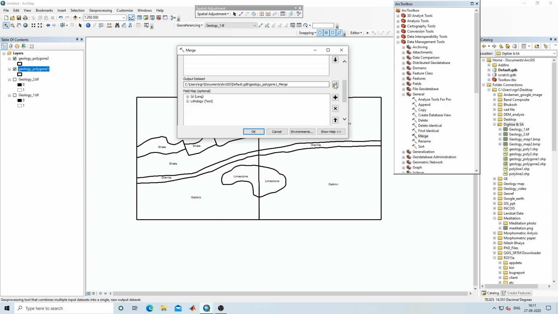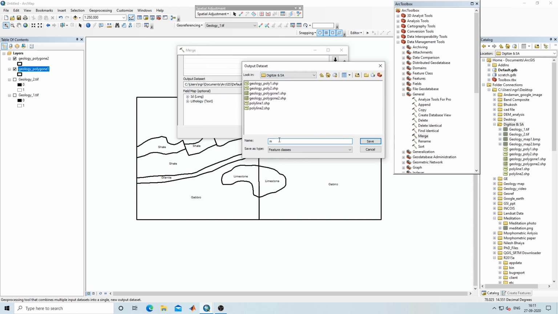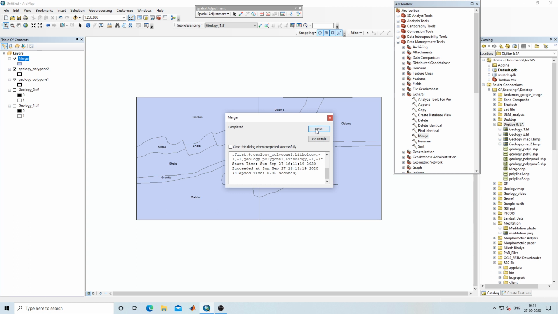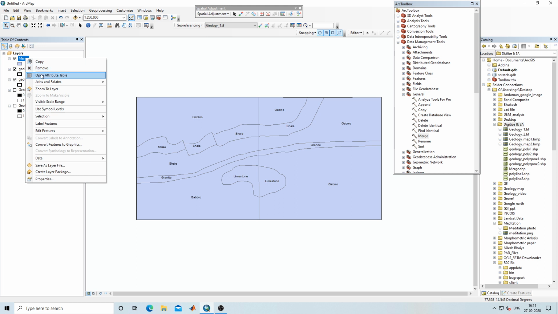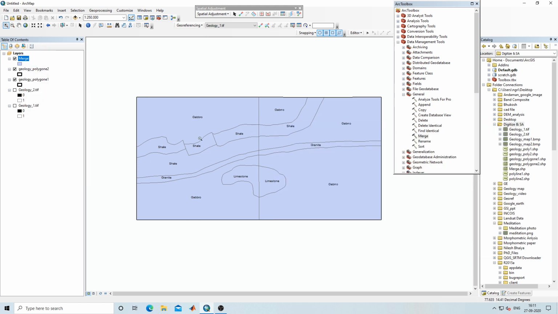So here I will give the name merge. I will click on save. I will click on OK. So now you can see these two files merged into one file. So this became one file.